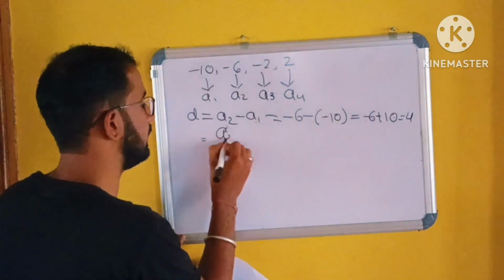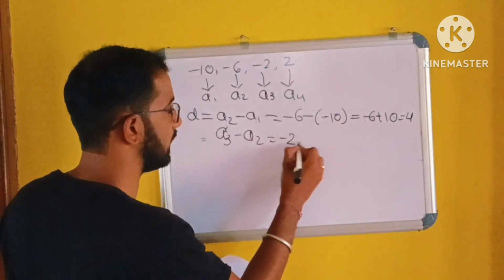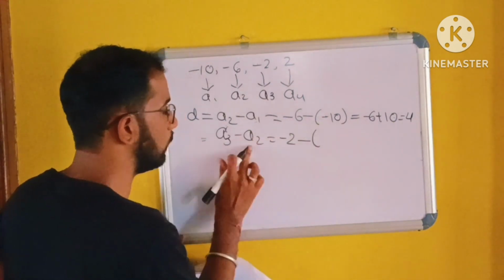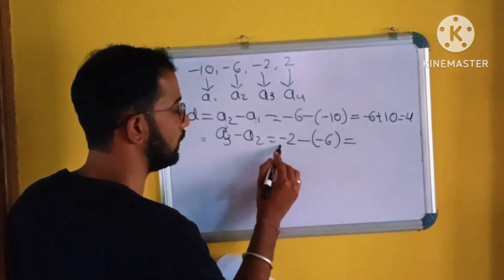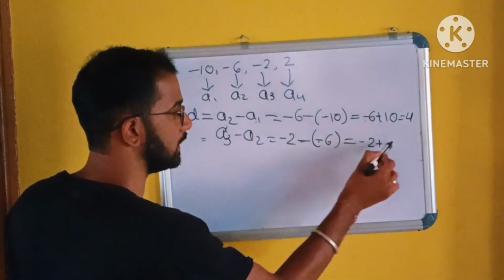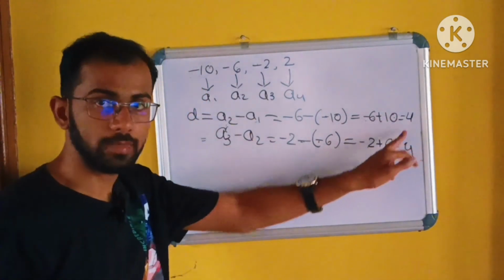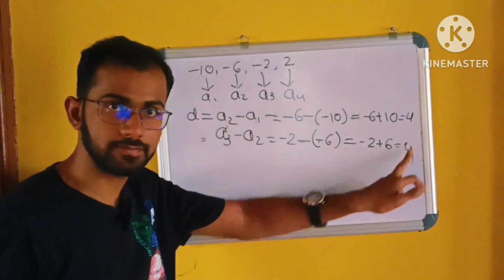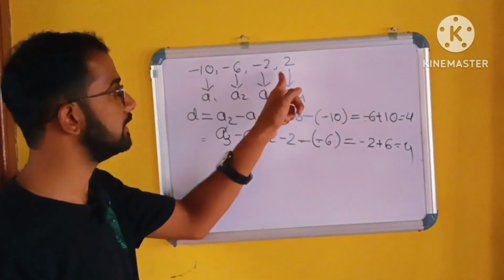Then A3 minus A2. What is A3? A3 is minus 2, minus, what is A2? A2 is minus 6. Minus 2 plus, minus into minus, plus 6. 6 minus 2 is also 4. Since the common difference is the same, that is 4, between consecutive pairs, hence the given sequence is an